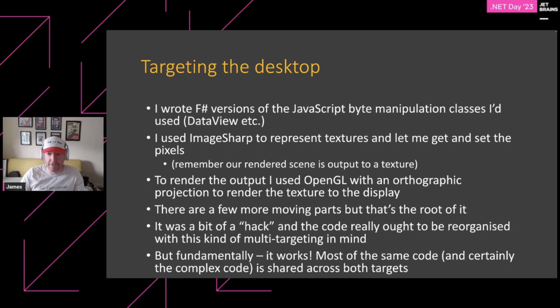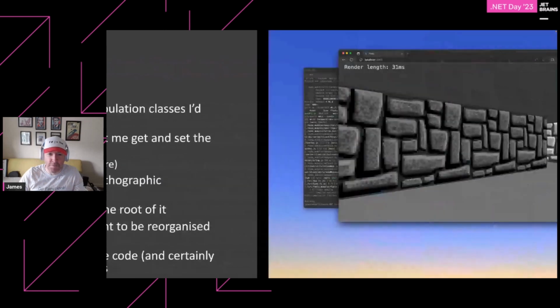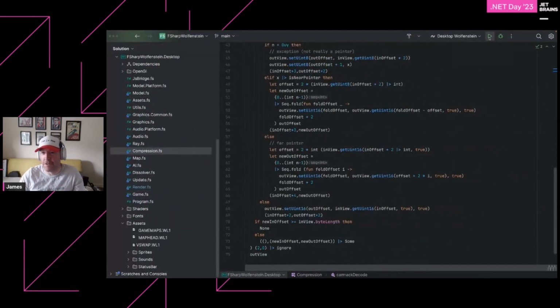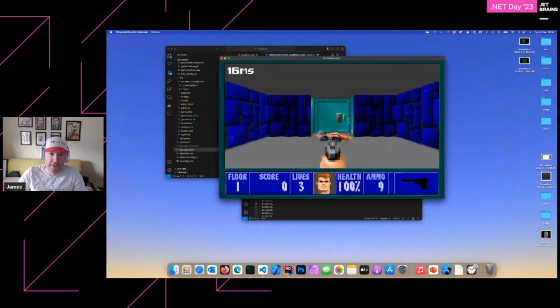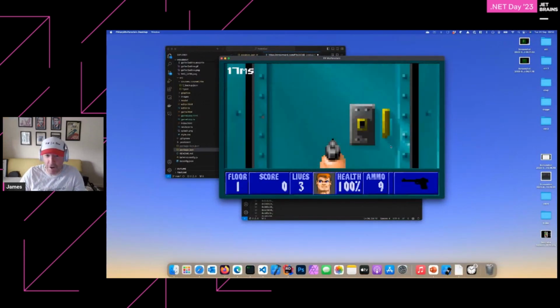I used ImageSharp to represent the textures and let me get the pixels. And again, I use the same approach. I render the output to a texture, and I use OpenGL to put that onto the display. So I do use OpenGL, but it's literally because I just needed some way of getting a graphic onto the screen performantly. That's mostly it. It's a bit of a hack because I didn't go about it in a purposeful way, but it does work. And in fact, if I run desktop Wolfenstein, we should see there's Wolfenstein, the same code